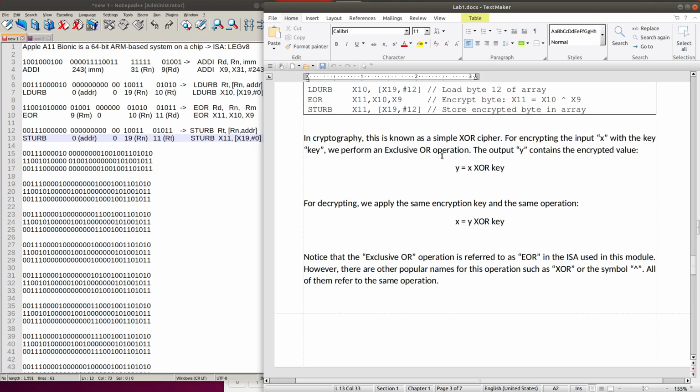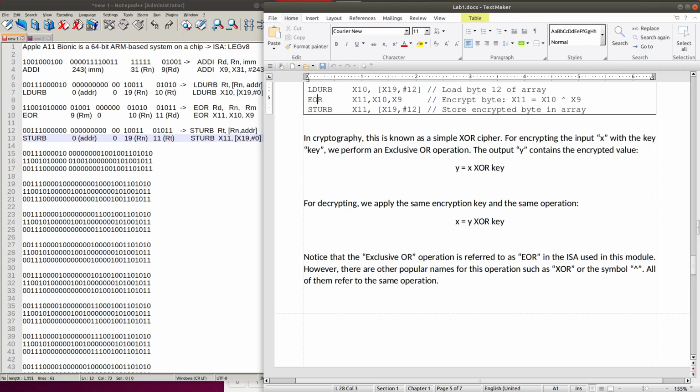The output of this exclusive OR operation, y, will contain the encrypted value, and y equals x exclusive OR key. The exclusive OR operation here is written as EOR in the LEGv8 assembly language, or LEGv8 instruction set architecture.